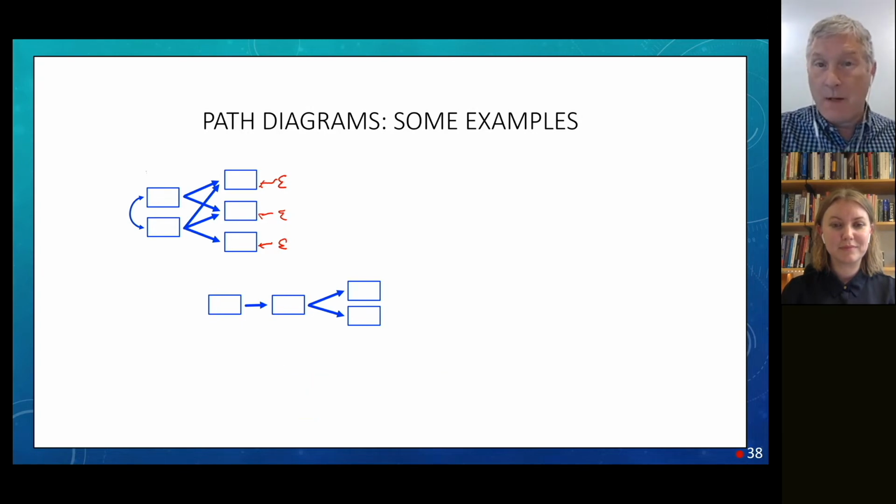This nice model that Tove showed you earlier is a mediation model. This variable is independent. It is hypothesized to influence that variable, which in turn is hypothesized to influence those. Is this variable in the middle an independent variable or a dependent variable? Well, it depends who you ask, right? It's dependent as far as the variable that comes before it goes, but it's acting like an independent variable there. The beauty of this framework is that we can mix and match and build something out.